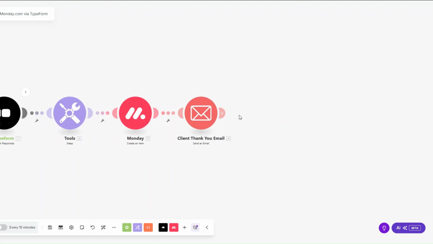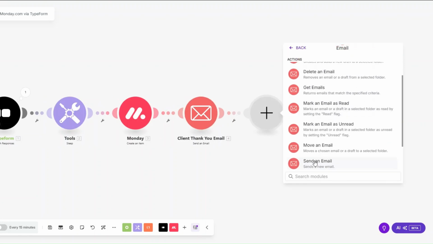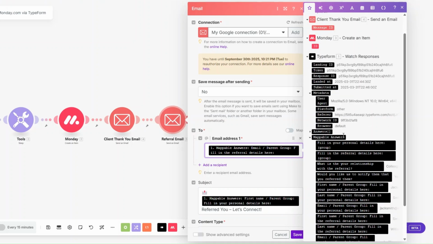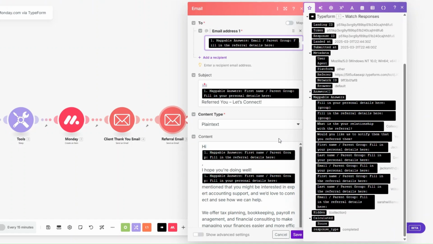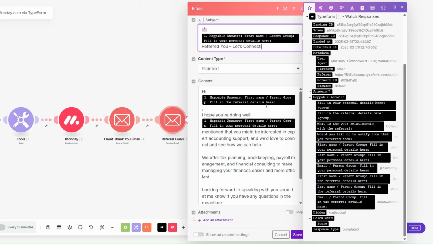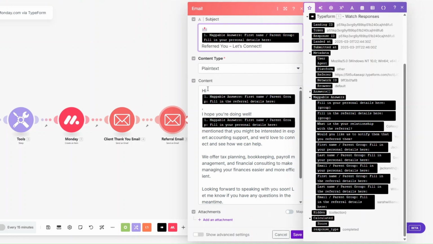Now we can also send a reach out email to our referral. So here, I'll search for email, then click on send an email module. I have renamed our email module to referral email, and here we're going to add our referral's email address right here. Subject line could be along the lines of our client's first name, referred you. Let's connect. Content type, I'm going to choose plain text, and the content of this email could be along the lines of